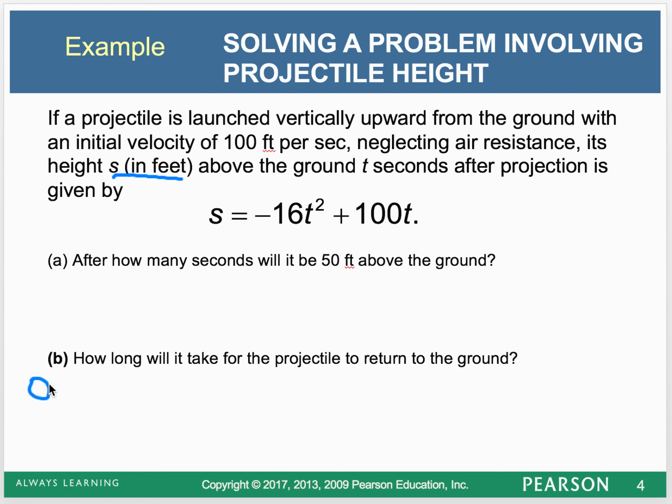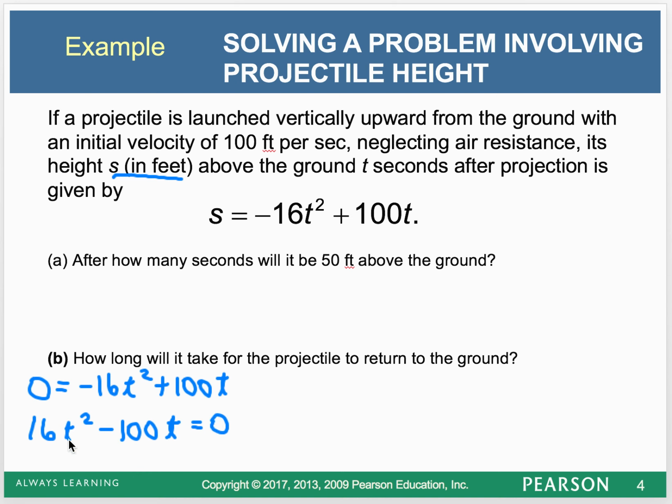Negative 16t squared plus 100t. Once again, I'm going to move everything to this side to set it equal to 0 because we don't want our leading coefficient to be negative. So if I add 16t squared to both sides and I subtract 100t from both sides,